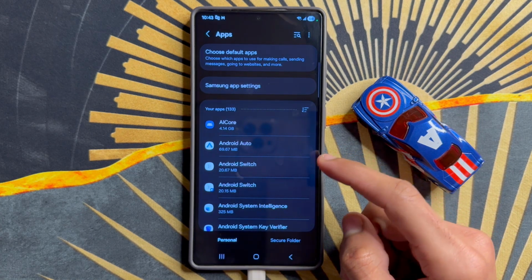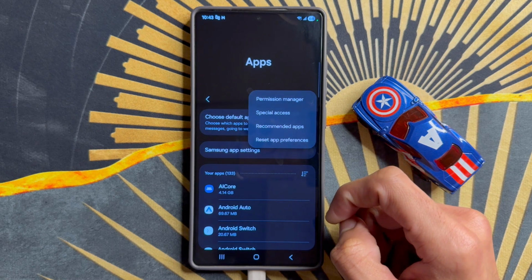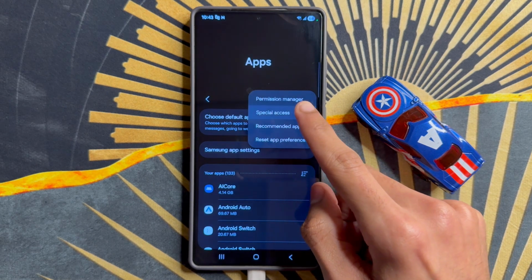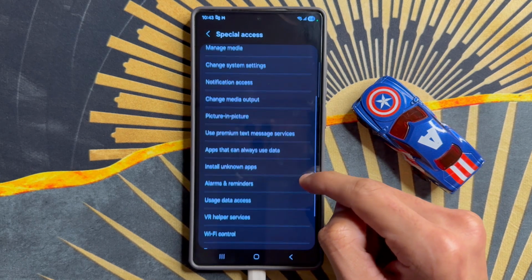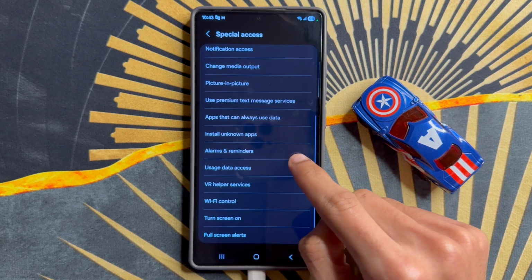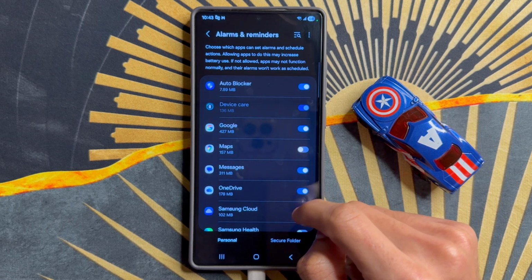Now here, click on this three dot icon. So after clicking on this three dot icon, click on special access. So after clicking on special access, scroll down and you will see alarm and reminder is here. So after clicking on alarm and reminder,